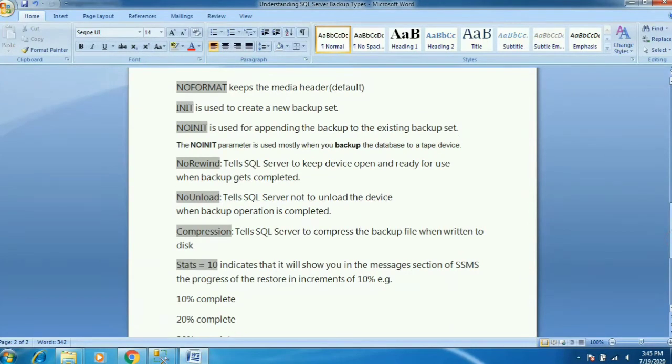I have written a few lines here, but it's not enough. You need to read some articles for that also. You can catch the point from this, but it's not in detail. So you should go and read some good articles on all those backup and recovery parameters. This will be helpful.